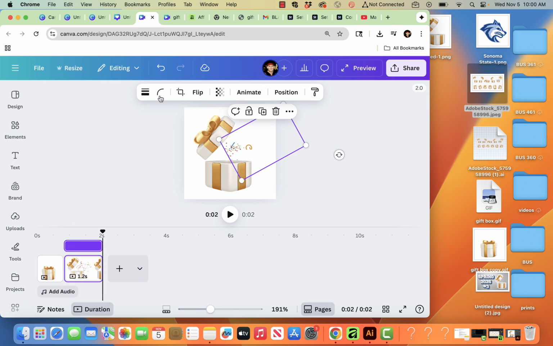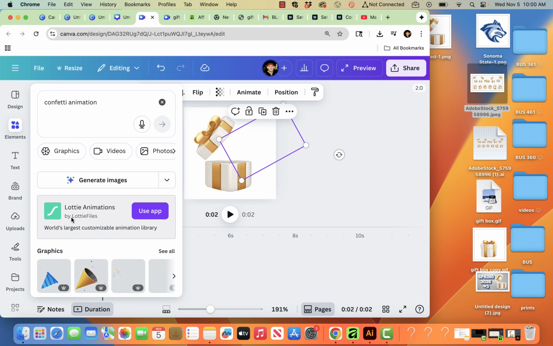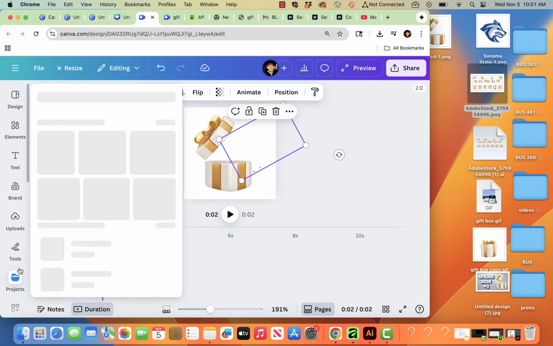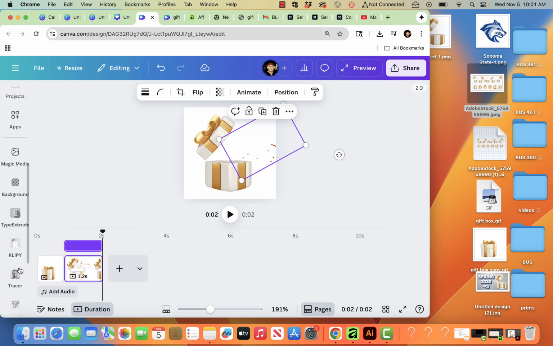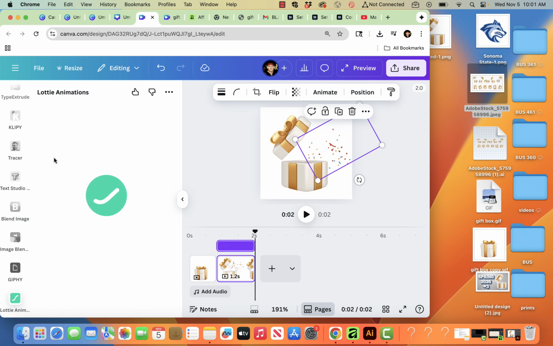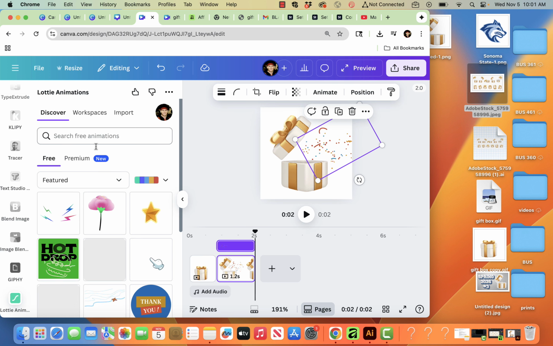Like I said, you can't do a color overlay, so you can't make it all gold, but that's a pretty good one. When I search for confetti animation, there it is, Lottie animations came up, and so I checked it out, and it does have more. So I came into Lottie app. If I could find it, just scroll to the bottom, last one for me, Lottie app. I linked my Gmail account, and then I searched for gold confetti,